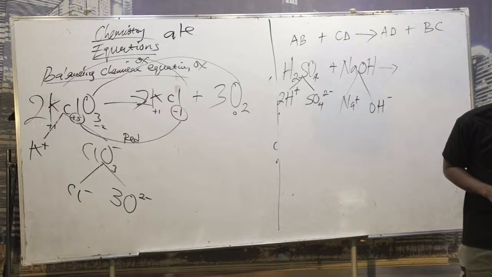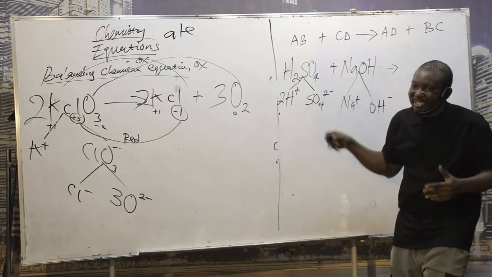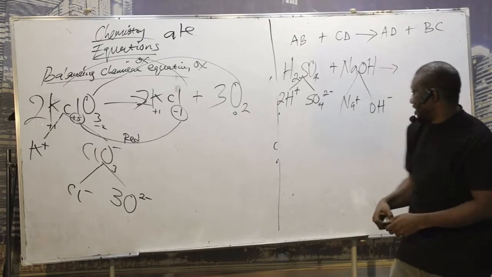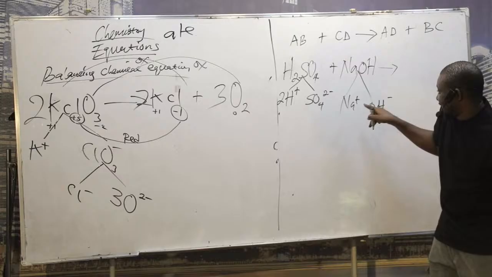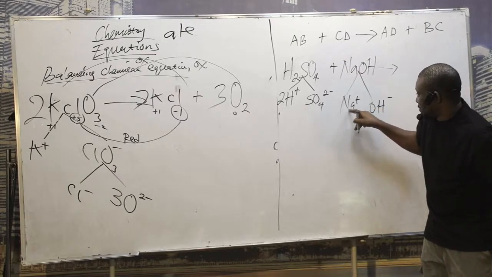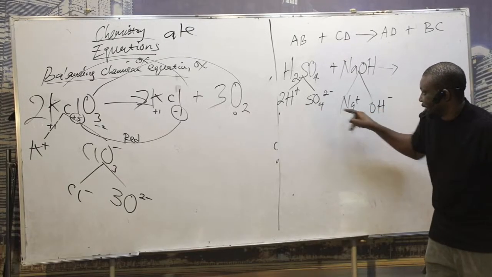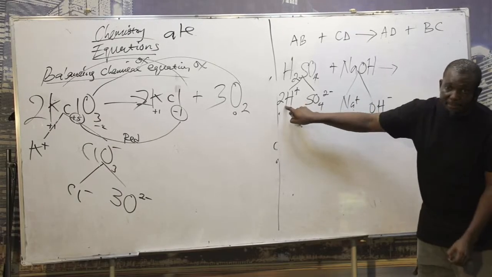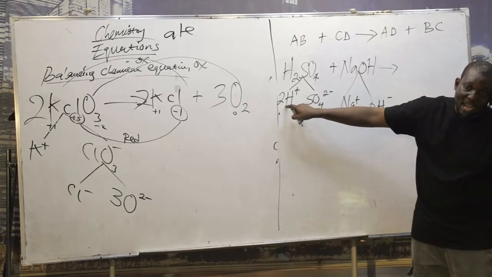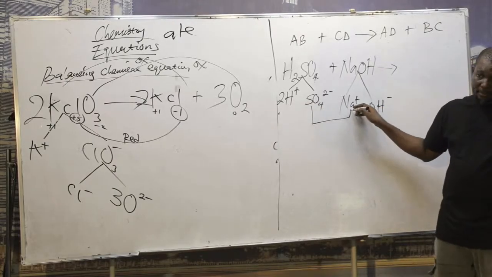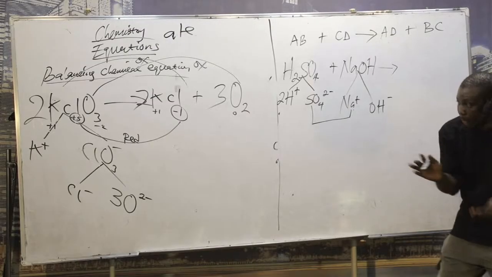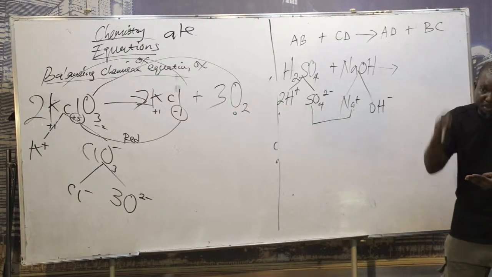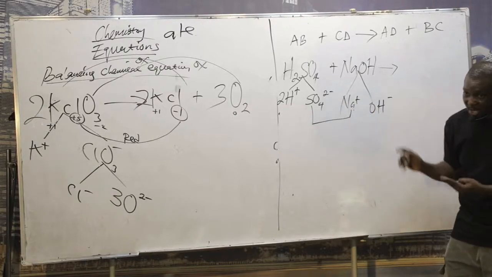What is double displacement? Double displacement is when two compounds react by exchange of ions. Because you see the ions. Who will this one combine with here? Is it this one or this one? Why won't it combine with this one? The like charges cannot even attract. So it will be attracted to this one. When the attraction is going on, make sure the charges, when combined, must be 0. As it is not 0,